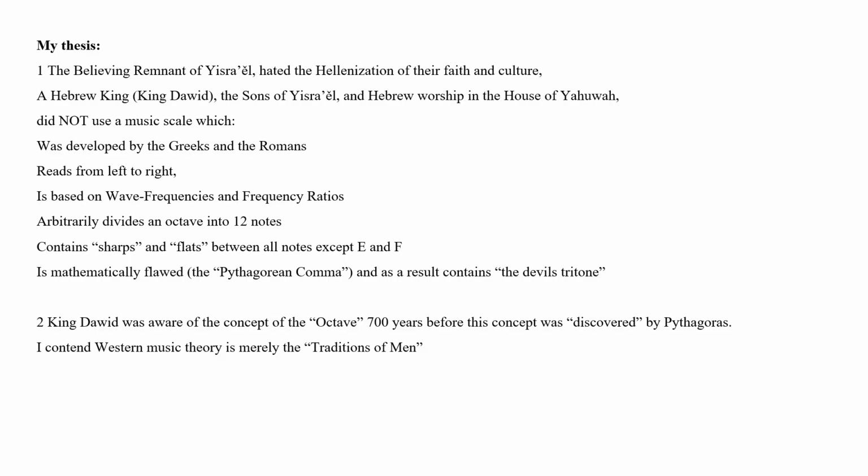6. My thesis. 1. The believing remnant of Yisra'ěl hated the Hellenization of their faith and culture. A Hebrew king, King Dawid, the Sons of Yisra'ěl, and Hebrew worship in the House of Yahuwah did not use a music scale which was developed by the Greeks and the Romans, reads from left to right, is based on wave frequencies and frequency ratios,